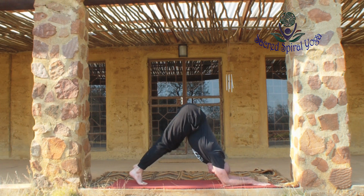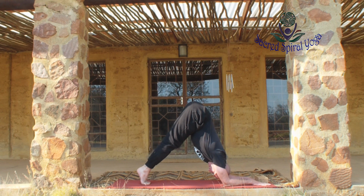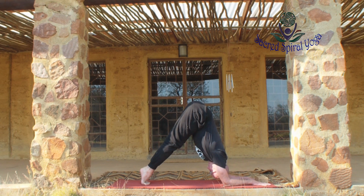So I'm gripping the brick between the thumb and index finger, and the point of this is to lift the shoulders up towards the hips. I'm stretching the legs, heels high, and strongly pressing the armpits back towards the legs. So continue opening up the armpits, and again, we can start off around about 30 seconds, but we do need